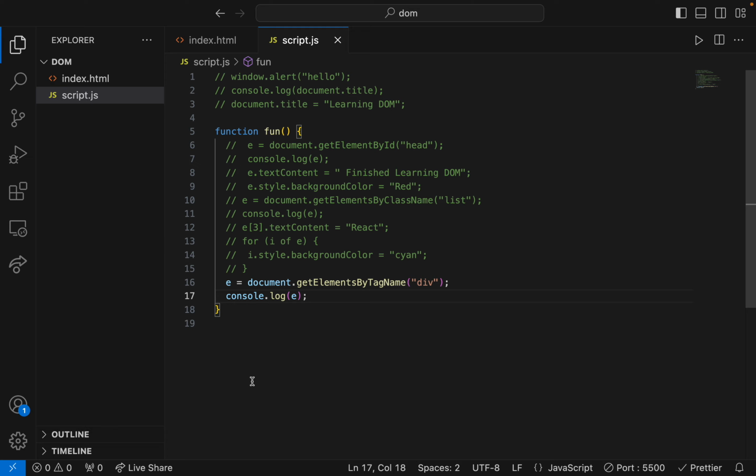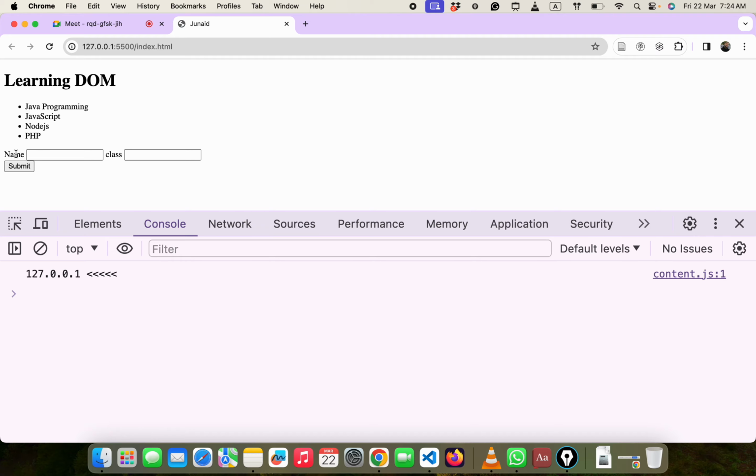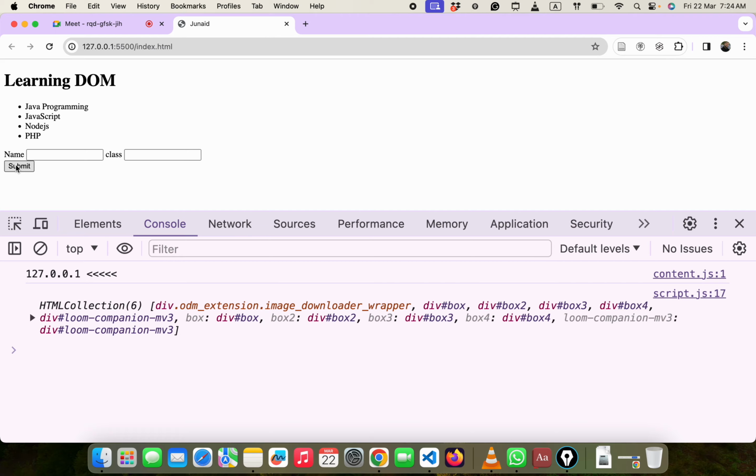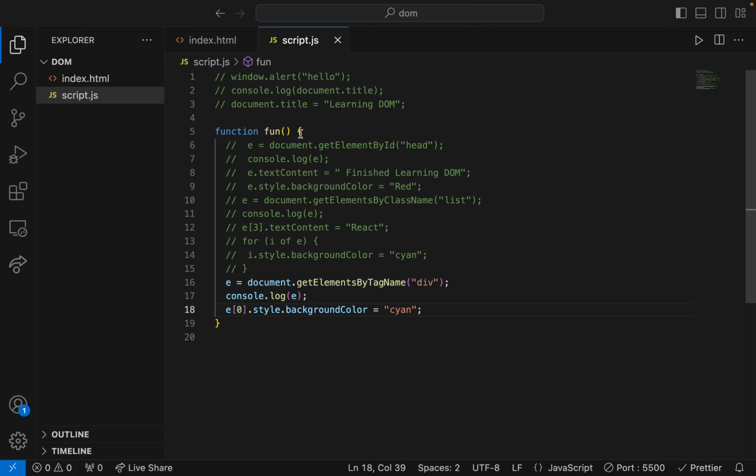अब आप फर्ज कीजिए पहले वाले डिव का आप बैकग्राउंड कलर एक्वा बनाना चाहते हो, सो हाउ विल यू डू दैट, क्योंकि अब आपके जितने भी डिव्स हैं वो एरे है, सो e[0].style.backgroundColor = aqua. यानी कि अब मैं जो काम करूँगा कि जो पहला वाला डिव है, ये तो हुआ ही नहीं काम,